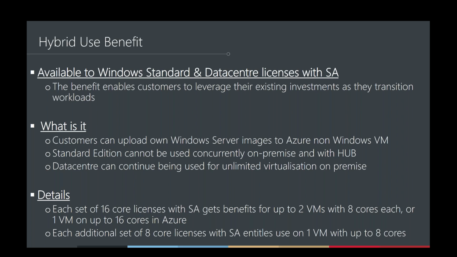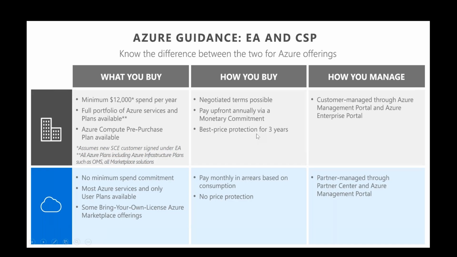So with every core license covered with Software Assurance, every 16 cores, which we spoke about, effectively gives you one 16-core server within Azure, or 2 virtual machines with 8 cores each. And then each additional set of 8-core licenses you buy effectively gives you another virtual machine with up to 8 cores within Azure. But it's probably worth covering off how to license Azure as well before we get too